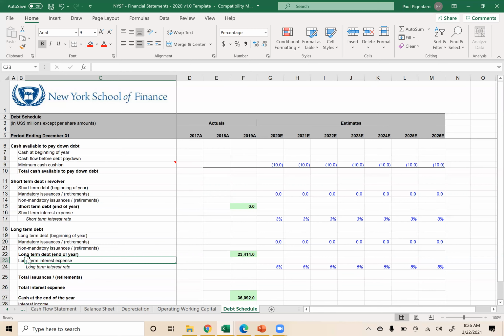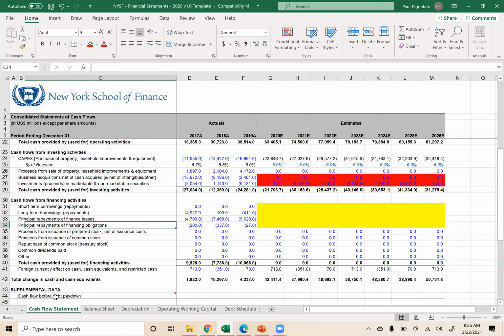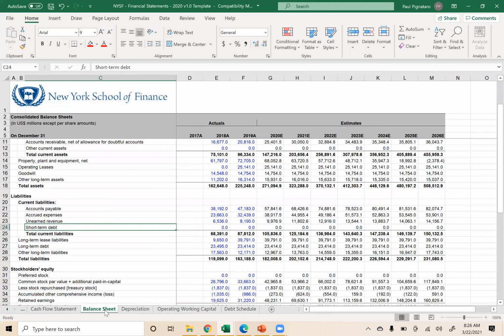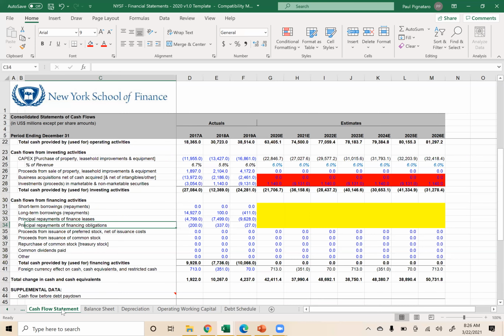I want to make sure those 4 are explicitly laid out in all these schedules. The cash flow statement has the 4: short-term, long-term, finance leases, finance obligations. The balance sheet has short-term, long-term lease liabilities, which are the finance leases, and long-term financing obligations we need to